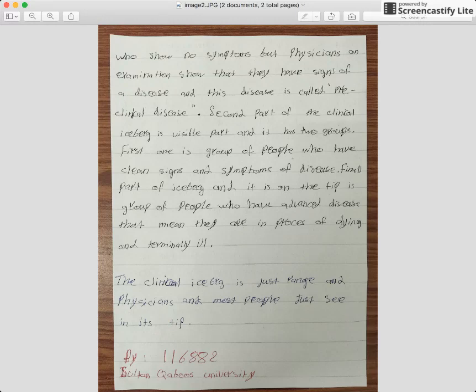I think you need to be a little bit more careful about talking about your parts. One way to do that would be to separate this big paragraph into two parts, the visible part and the invisible part, and talk about that in that regard. So explain that the invisible part has different parts or different levels, and also the one part you missed is that the biggest group is the part that we can't see. But other than that, you did a pretty good job, okay? But you need to clean up some of your organization, okay? Good job.